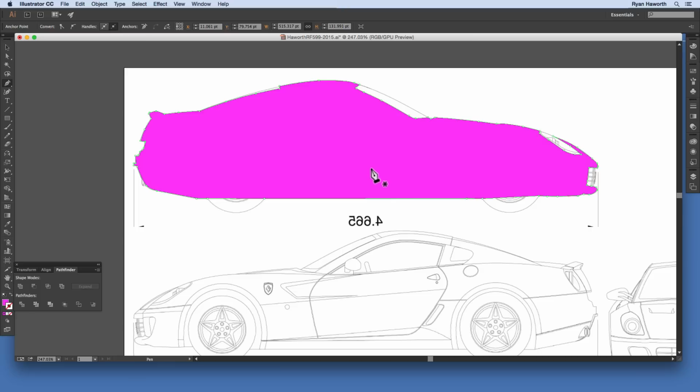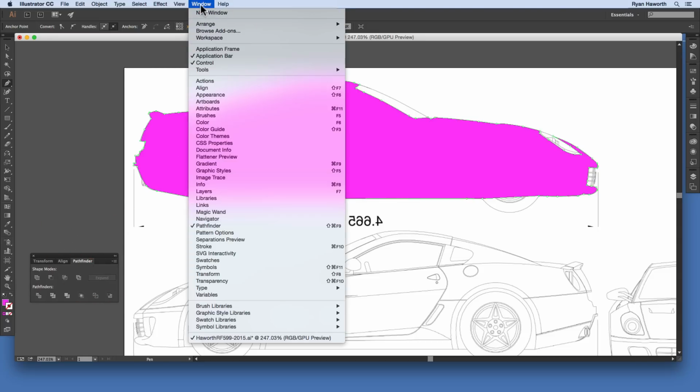And so this helps us so that we have a shape that we're going to remove some shapes from. Okay, so from here on out, what you're going to need again is the Pathfinder tool, and it's right here on this panel. In order to bring up that panel, you go to Window and down to Pathfinder, and it